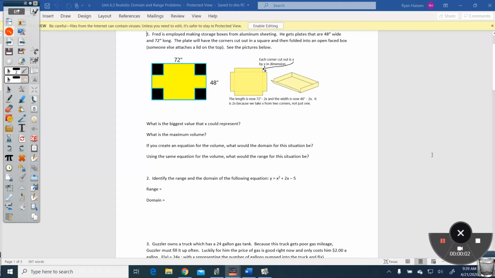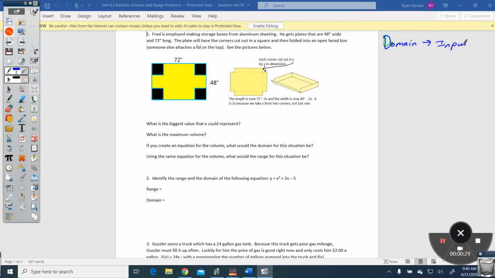Okay, so on these ones, you are supposed to be finding a lot of different information about this. And a lot of this unit is on domain and range. When we talk about domain, we're really saying what are the possible inputs we can put in for x. So domain are the possible x or the possible input